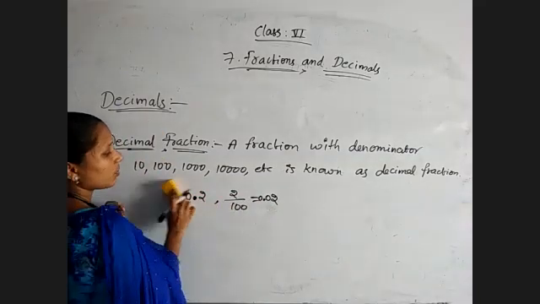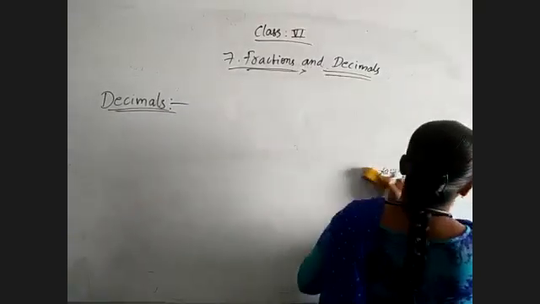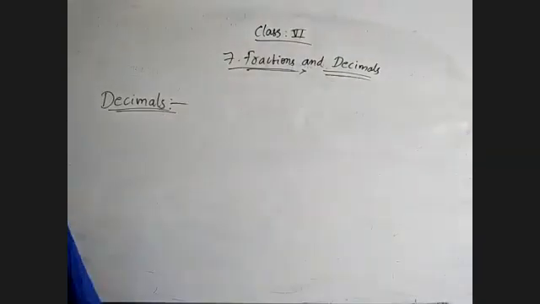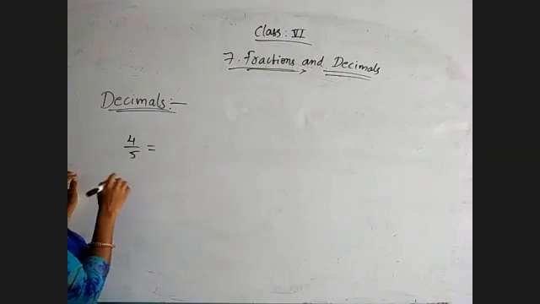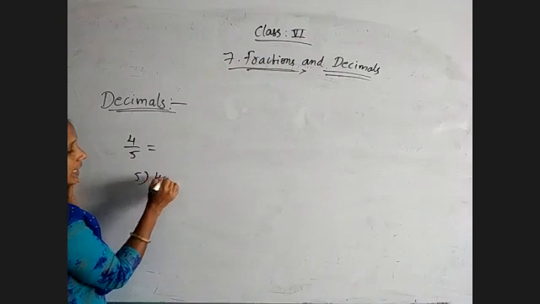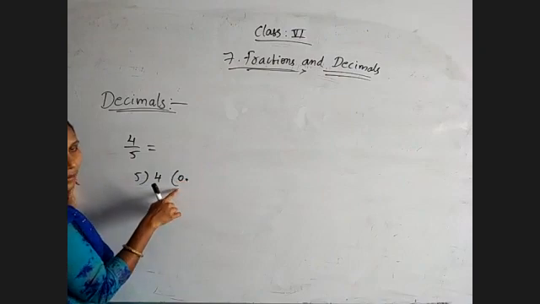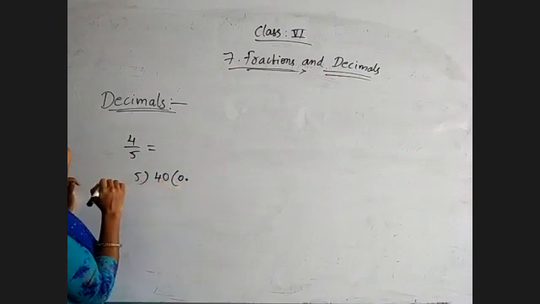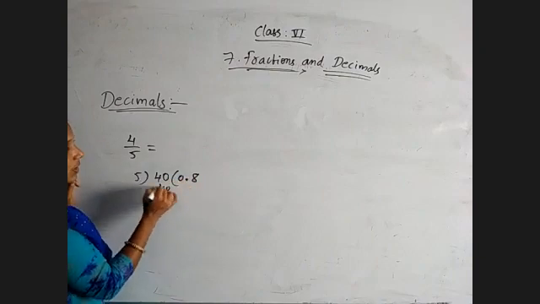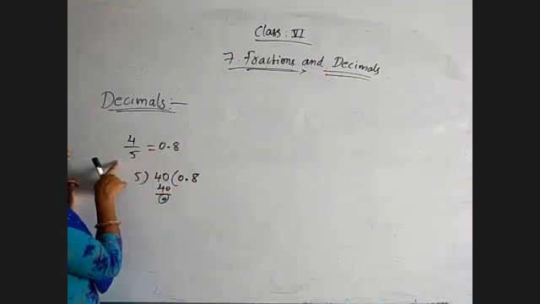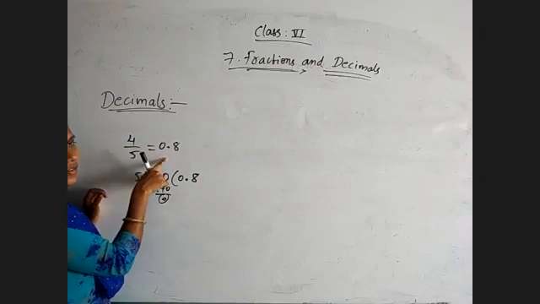Okay, so this is about decimal fractions. But what is meant by decimals? See, suppose I have a fraction 4 by 5, and I want to write it in decimal number form. So divide and write. 4 is not sufficient for 5, so put a point. Instead of the point, I am putting 0 point. Then we can keep 0, 40. 5 8s are 40. Remainder is 0. Means 0.8 is the equivalent value of 4 by 5. So it is the decimal value. Understand? Every fraction we can convert into decimal form.